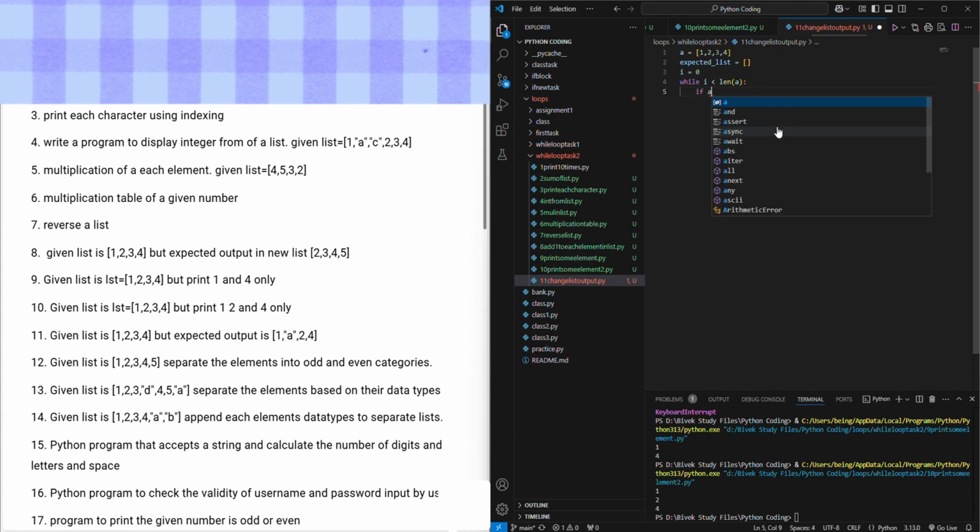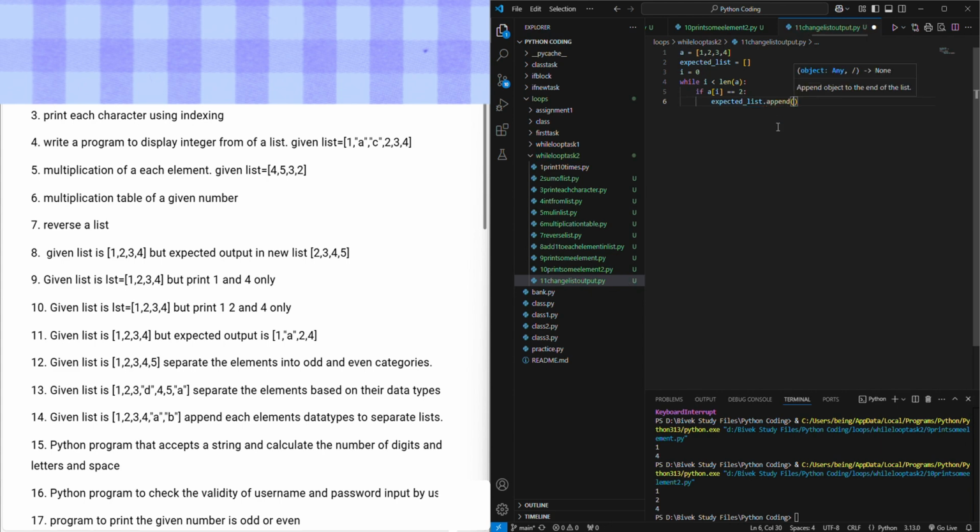Let's say if ai equals 2, then if ai gets the value 2, then we have to append, expected list dot append the value 8 into the list,